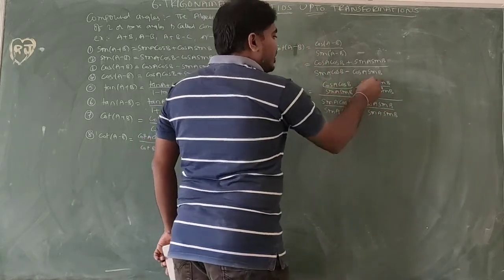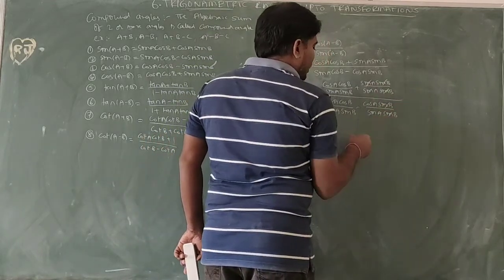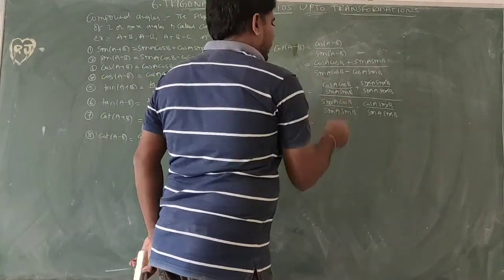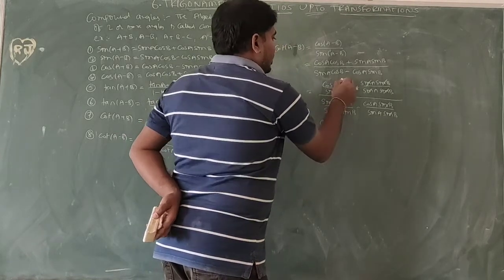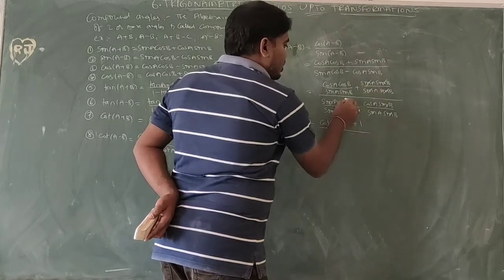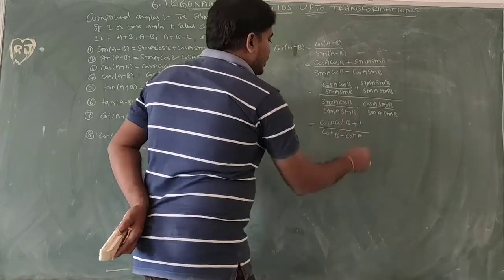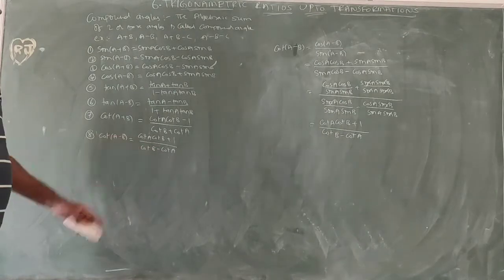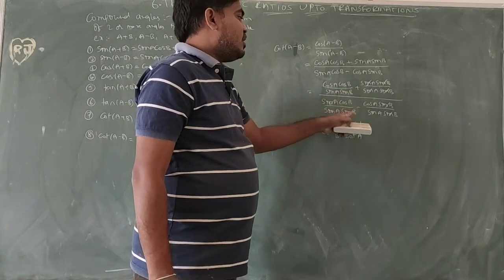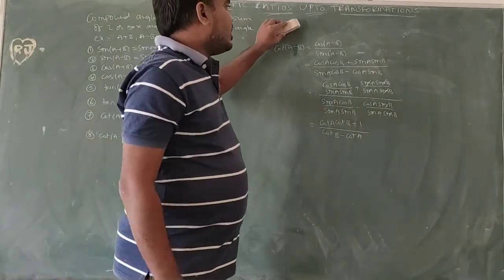Here, sin A cancels, sin B cancels, sin A cancels, sin B cancels. So what remains is cos by sin, cot A, cos by sin, cot B, plus entirely cancelled, 1, by cos by sin, cot B, minus cos by sin, cot A. So cot B plus 1 by cot B minus cot A. The signs are plus, plus, minus, plus, minus, plus. So this is the formula, with a similar proof. Okay, next.